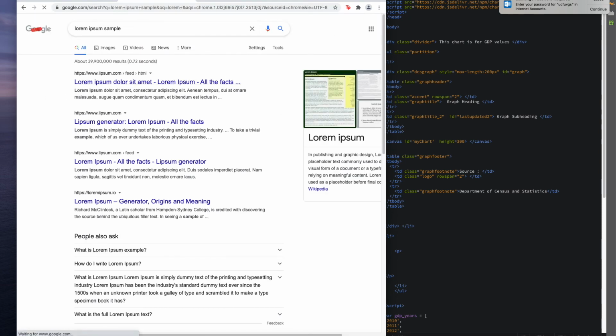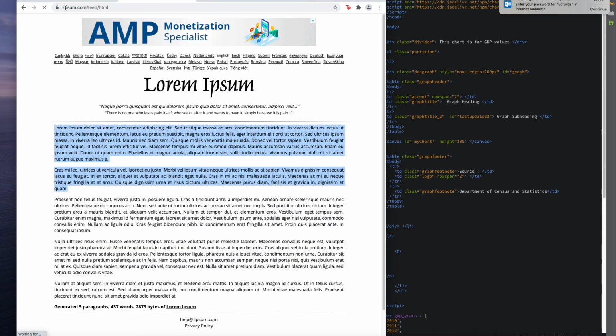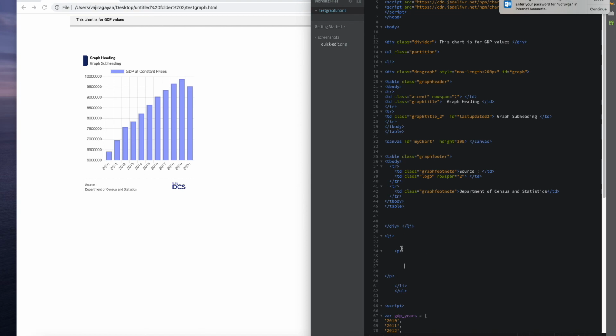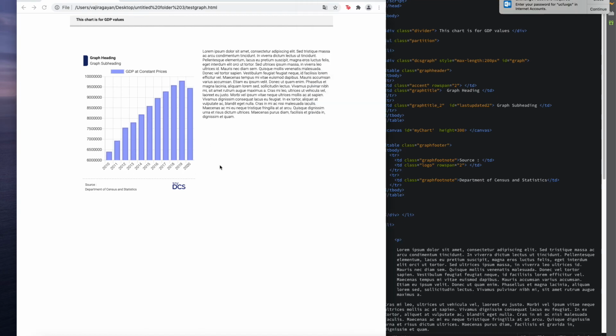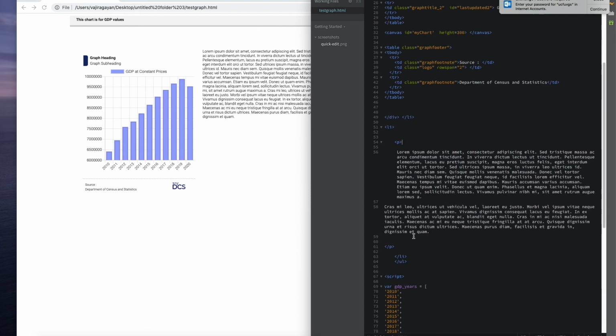If you want some dummy text to look at how something looks, you can always copy some text from here. Now I'm just going to paste it between these font. Oh, right. Now look, you can have your write-up over here, and you can have your graph over here. And once you've done that, you can close this list and move on to the next section with another